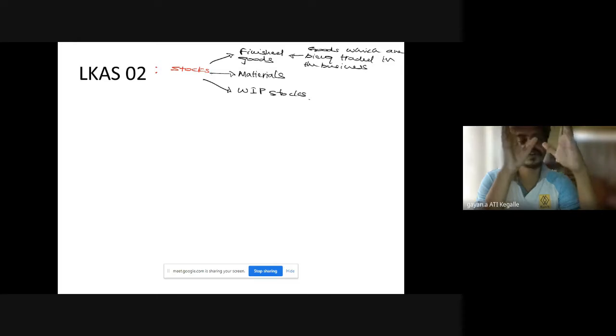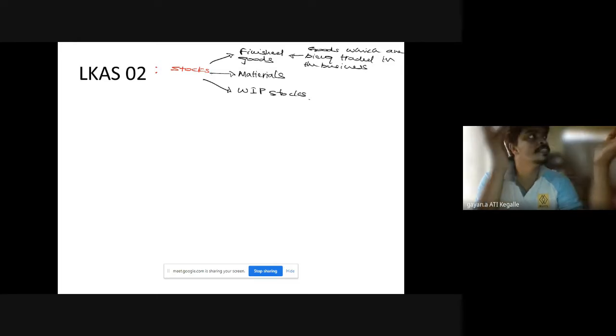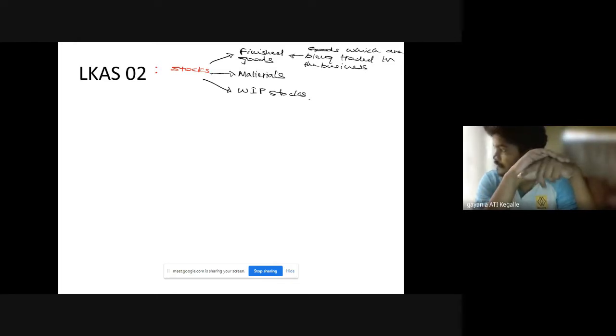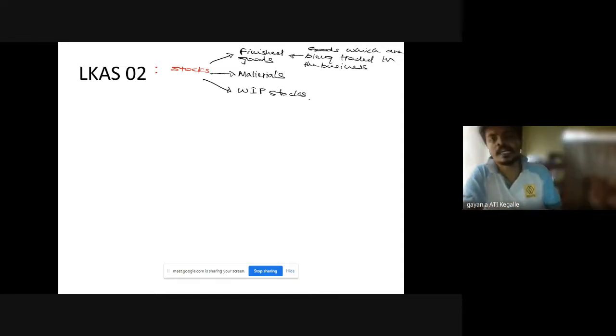I think you got the understanding. But in case of normal businesses, the buildings become non-current assets. Okay. Then next type of stock is, according to the LKS 2, materials. Materials can be identified